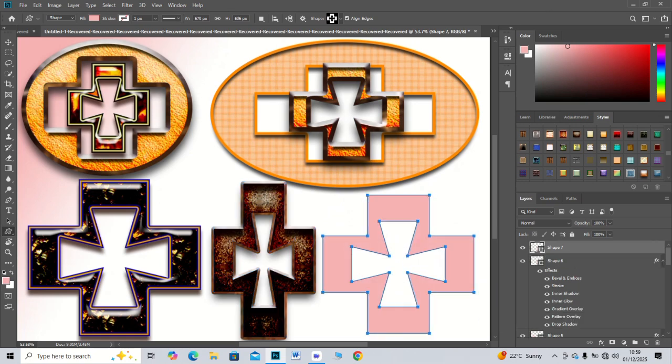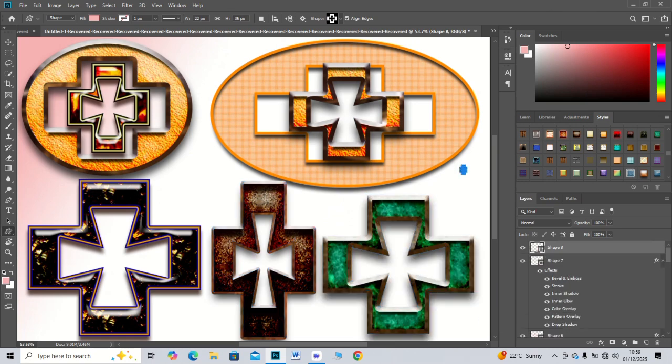Try grouping your text layers before realigning them. Proper alignment helps the audience